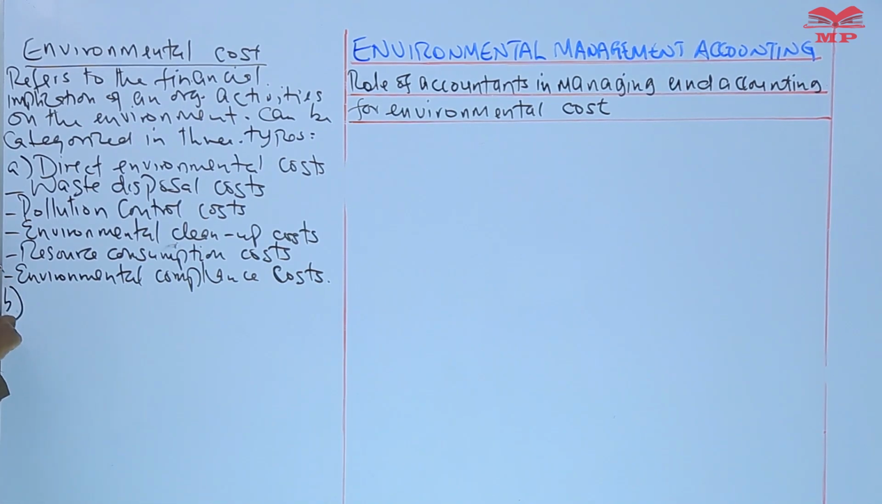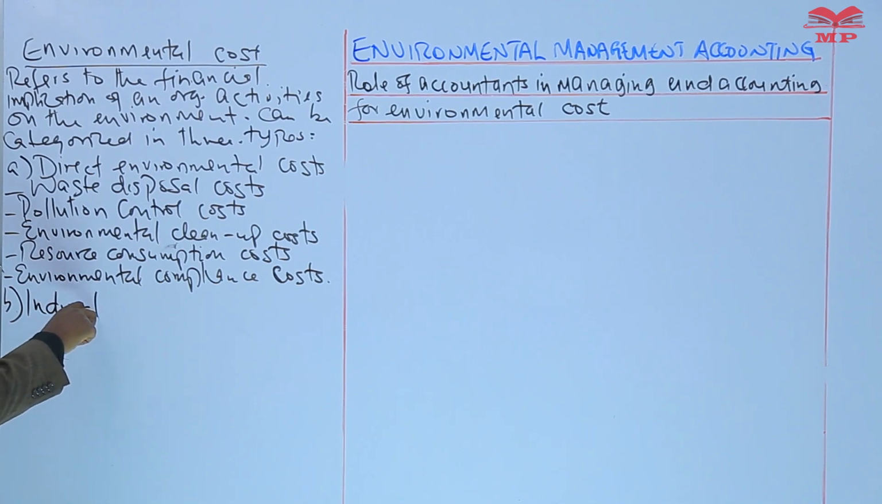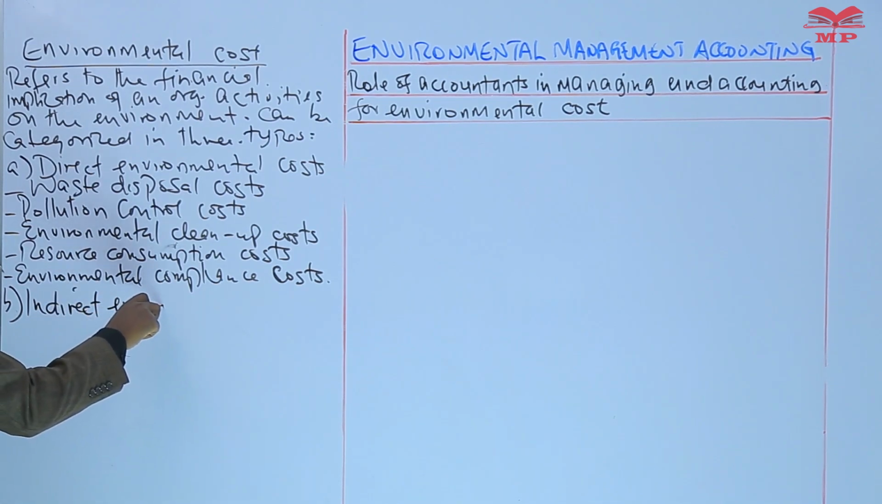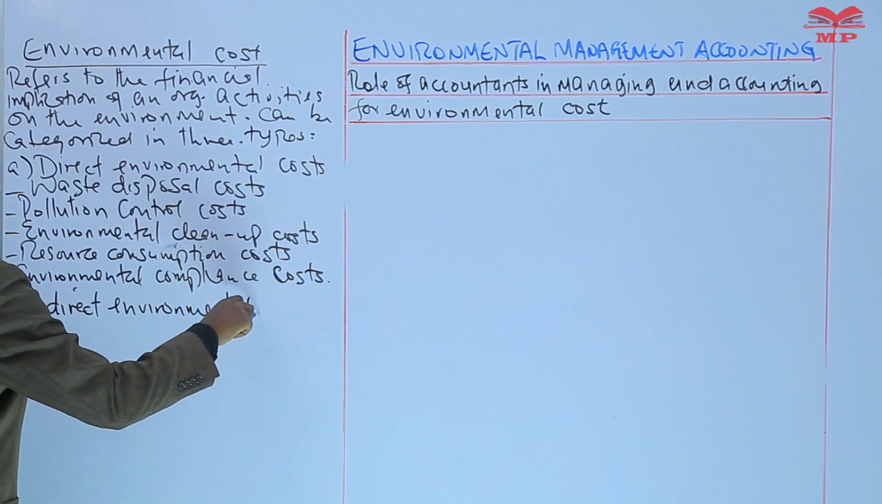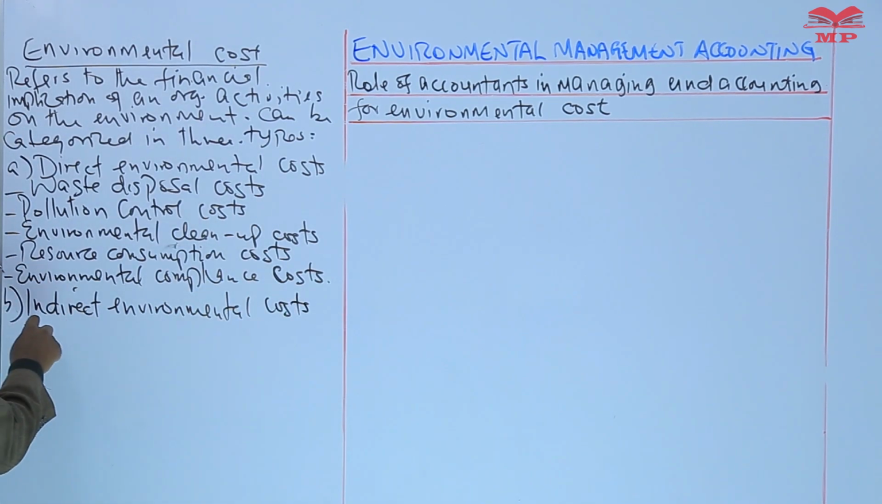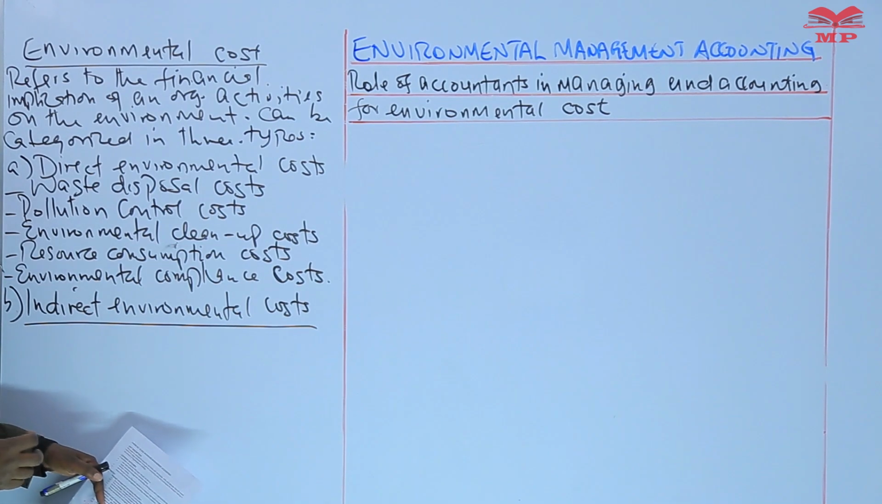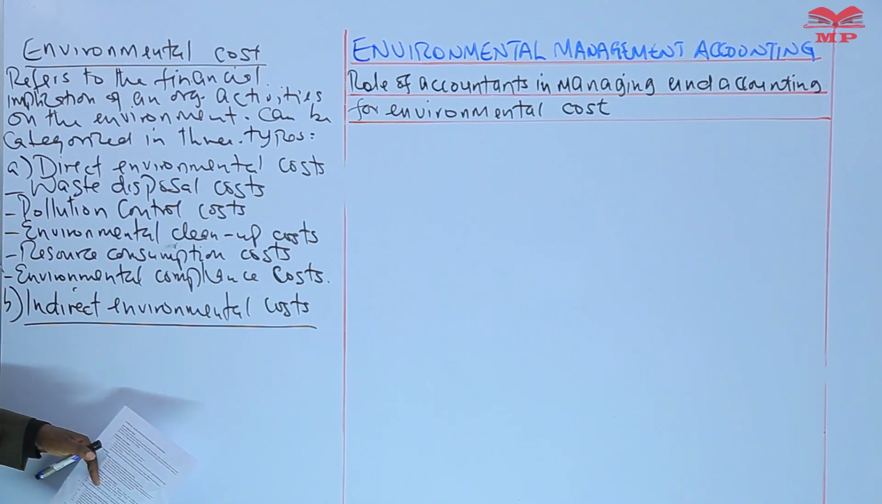Then B, we have indirect environmental costs. What are these indirect environmental costs? Now, indirect environmental costs are the less direct costs. They are not direct costs, but are significant costs that arise from the environmental impacts of an organization's activities,